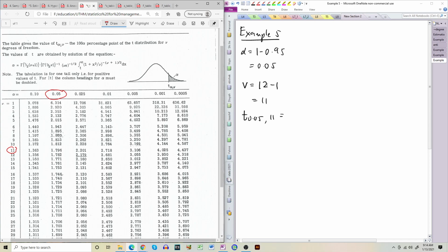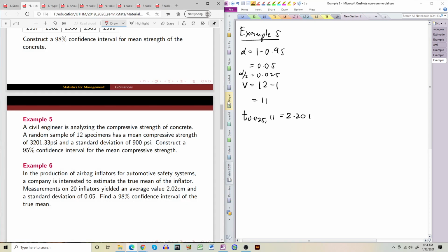Sorry, I forgot to do something here. The mean, this is your mean, this is your standard deviation, this is your n. You can straight away do